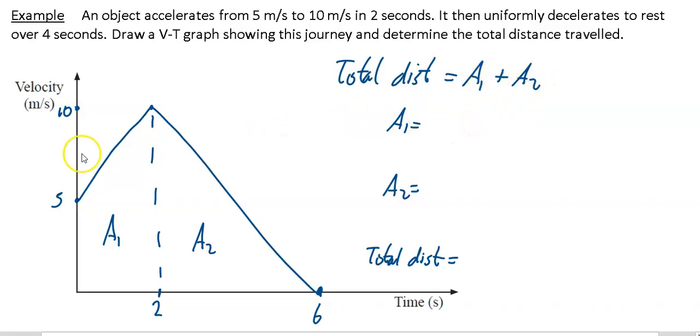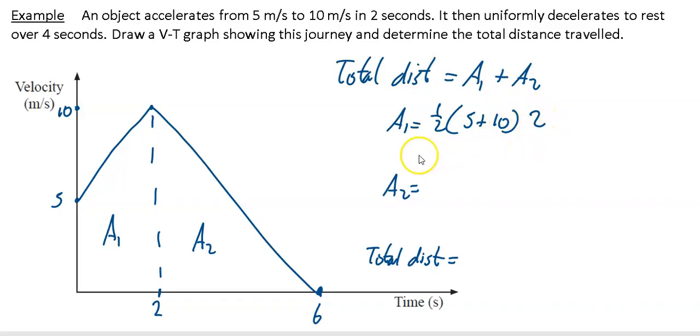So to find area 1, this shape here that I'm tracing out is a trapezium. So you've got a parallel side here, which is going to be height 5 or length 5, and a parallel side here, which is length 10. And also the perpendicular distance between them, which is 2. So I'm just going to reuse my trapezium formula, half a plus b, so 5 plus 10, times the perpendicular distance between them, which is 2. Do that out, so it's a half times 15 times 2, it's just going to be 15,